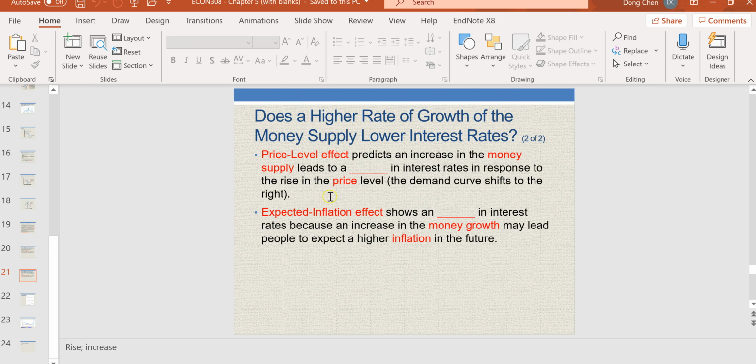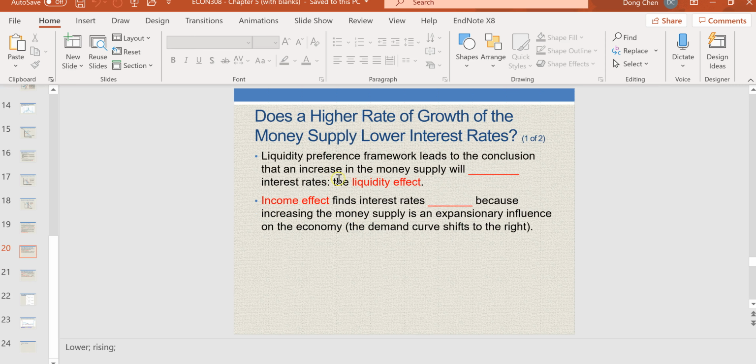the price level effect tend to be slow. But whether the expected inflation effect reacts slowly or quickly depends on people's reaction to the expected inflation. So if people react very quickly to the change in expected inflation, then this will take effect very quickly, and hence it can potentially dominate the liquidity effect, which will tend to increase the interest rate at least for